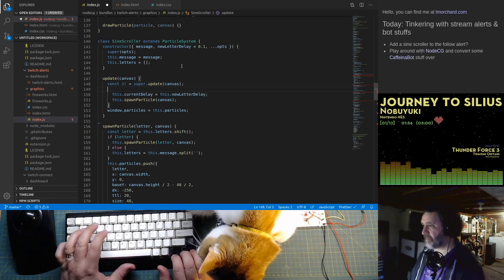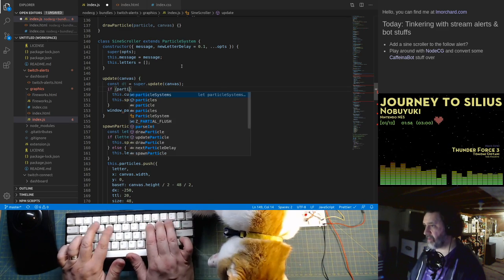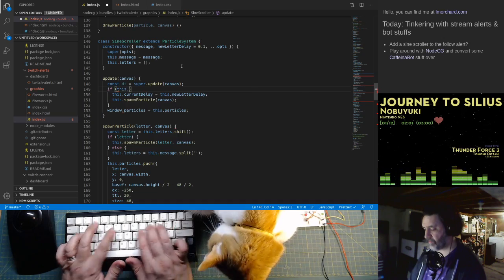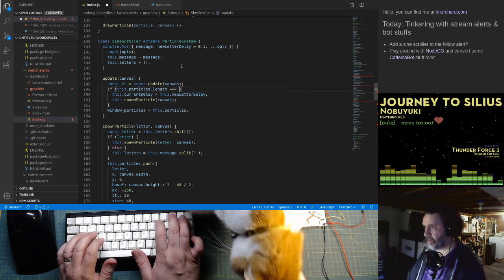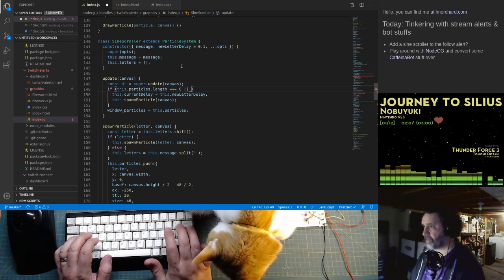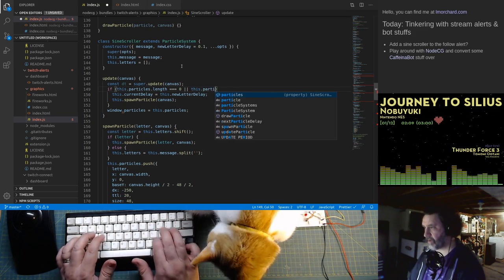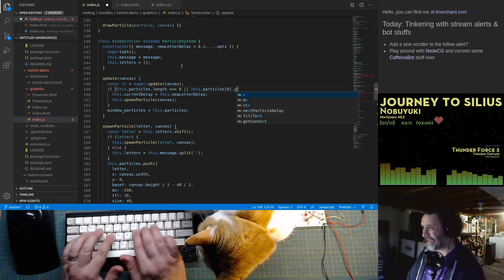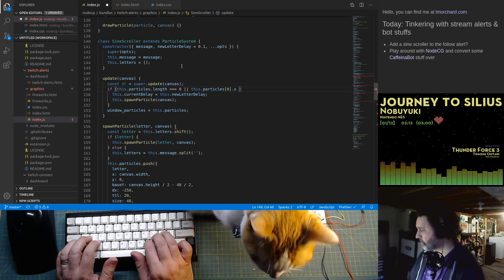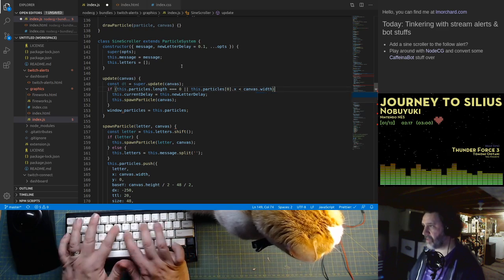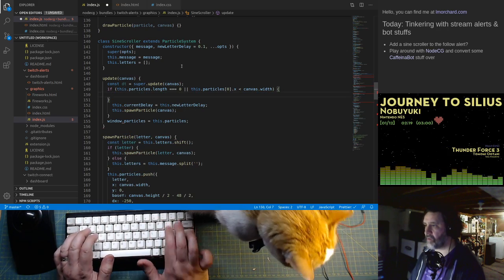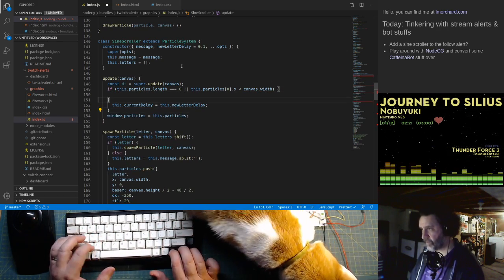Okay, how about this? If this particle's length is 0, or this particle's 0x is less than canvas width, spawn particle. So if we have no particles yet,